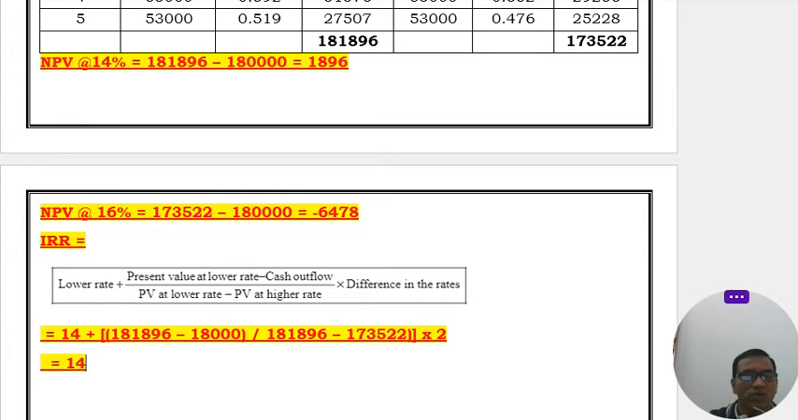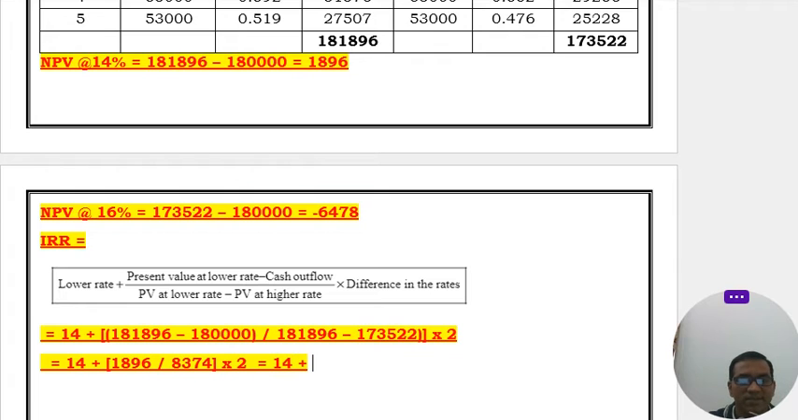So that equals 14 plus brackets 181,896 minus 180,000. Sorry, here one more zero missing. 180,000, that is 1,896 divided by 181,896 minus 173,522, that is 8,374, multiply with 2, that equals 14 plus